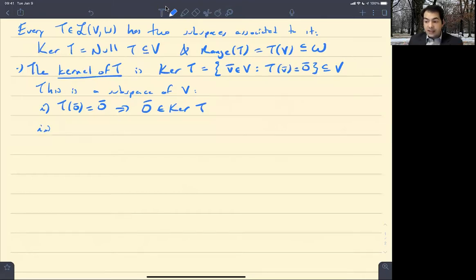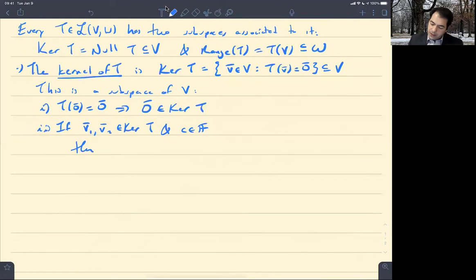And so you can check that the two properties, additivity and homogeneity, hold at the same time by just considering a linear combination of two vectors, and you only need one scalar. The same is true for a subspace. So I'm going to check both that it's closed under addition and that it's closed under scalar multiplication at the same time by checking that if v1 and v2 are arbitrary vectors in the kernel and c is an arbitrary scalar,